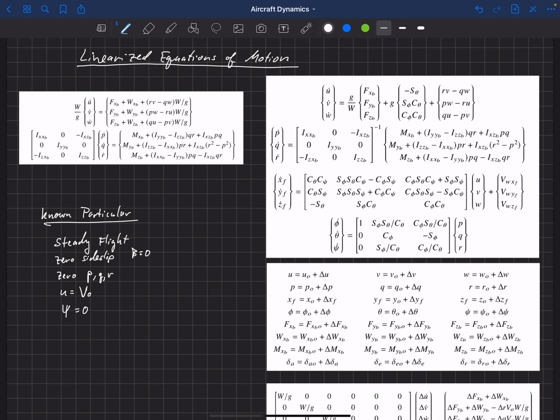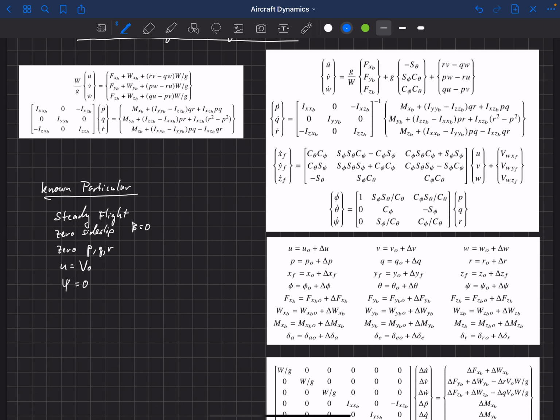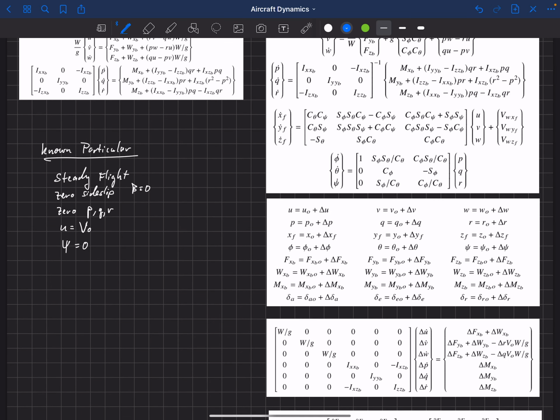Okay, so with that, we can actually drop a bunch of these terms in here. So let's just walk through here. This u over here, I made one typo here, u naught equals v naught. Remember, we subscript things with naught when we're talking about that known particular solution, and these are also p naught, q naught, and r naught, and psi naught. So those are at our known solution. Those are the known values.